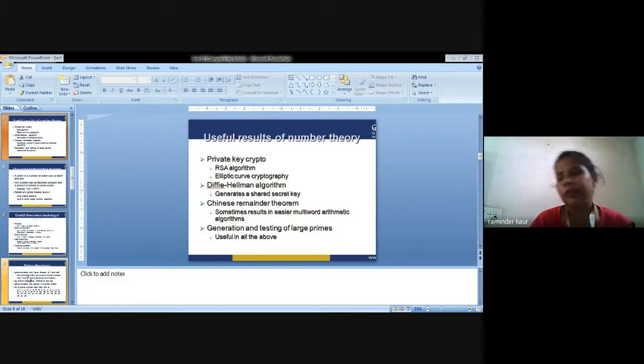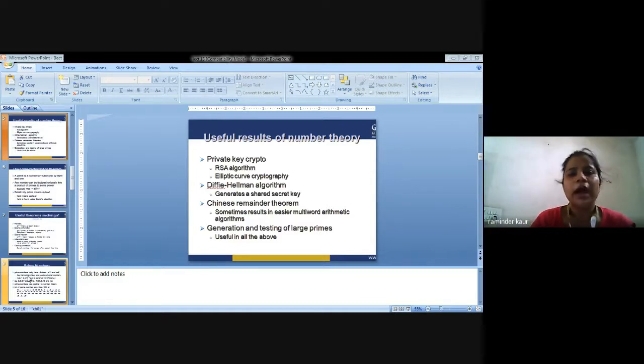Next is the Chinese remainder theorem that I have not discussed so far. I will discuss the Chinese remainder theorem in the 5th unit, because I am telling you about number theory. So number theory comprises the Chinese remainder theorem as well. In addition, it comprises GCD as well. But I have not discussed it yet. I will discuss it soon in an upcoming lecture.